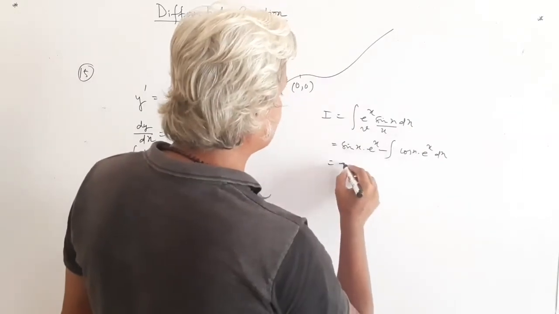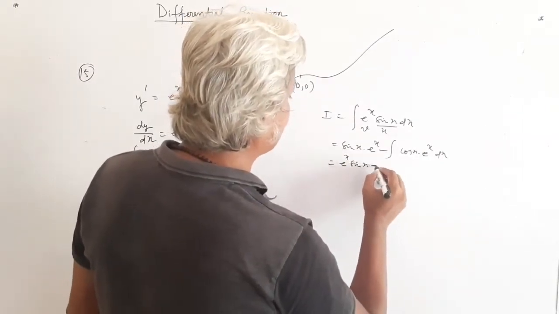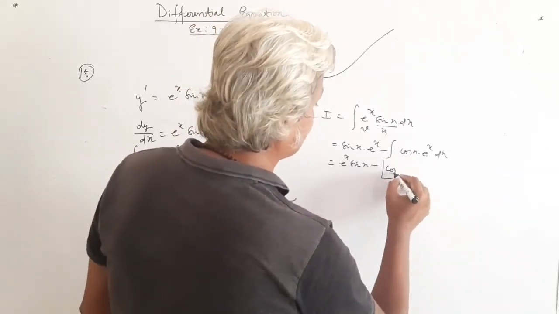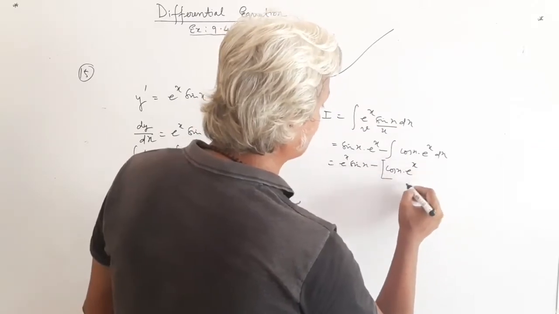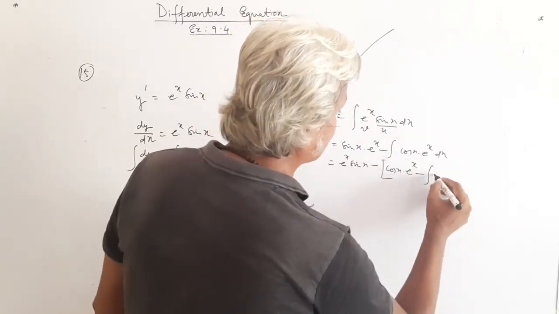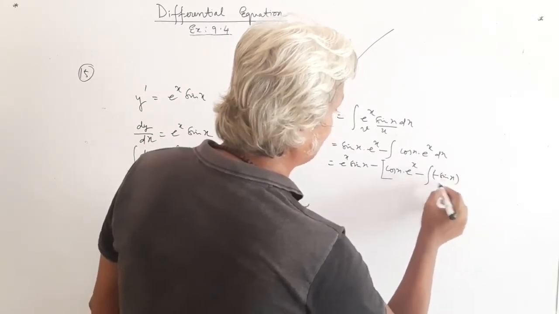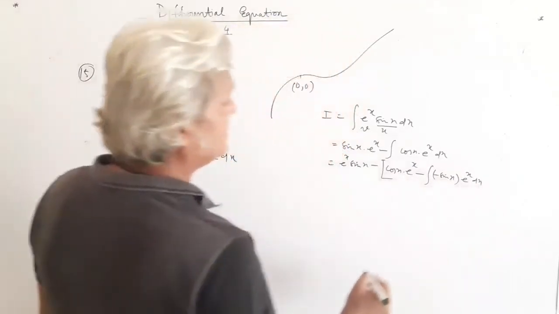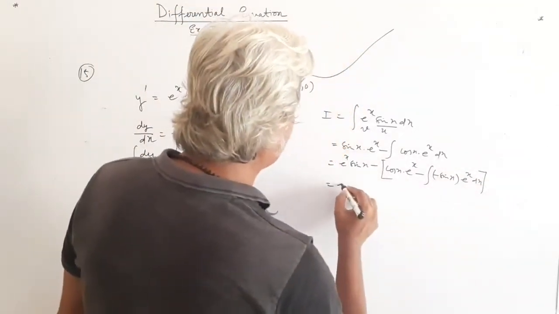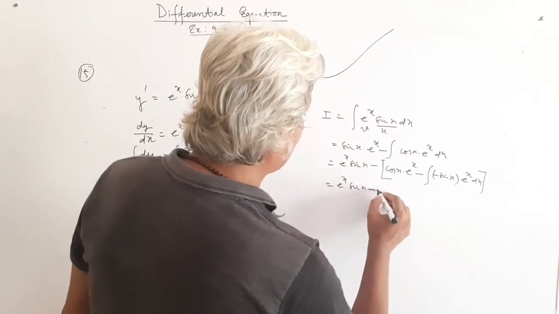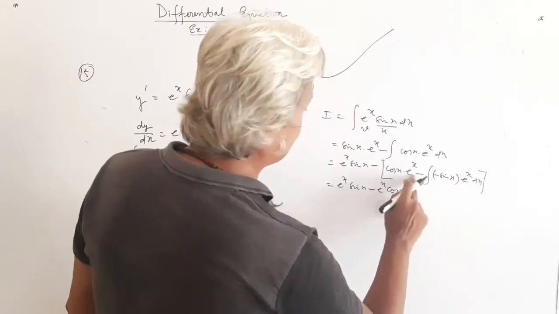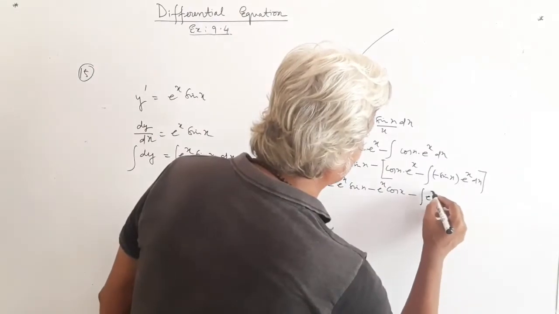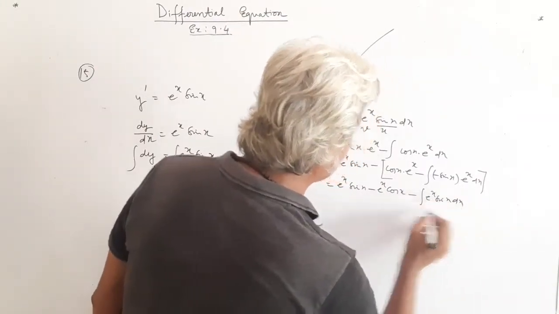Now continue again. This is e to the power x sin x minus, I write everything in the box bracket now. Again the same thing: cos x unchanged, integration of e to the power x is e to the power x, minus the integration of the differentiation of cos x, that is minus sin x, and the integration of e to the power x, that is e to the power x again, and this whole thing is dx. So there you get e to the power x sin x minus e to the power x cos x. These two negative signs make this positive, but there is one more negative sign which makes it minus the integration of e to the power x sin x dx, and this is I.